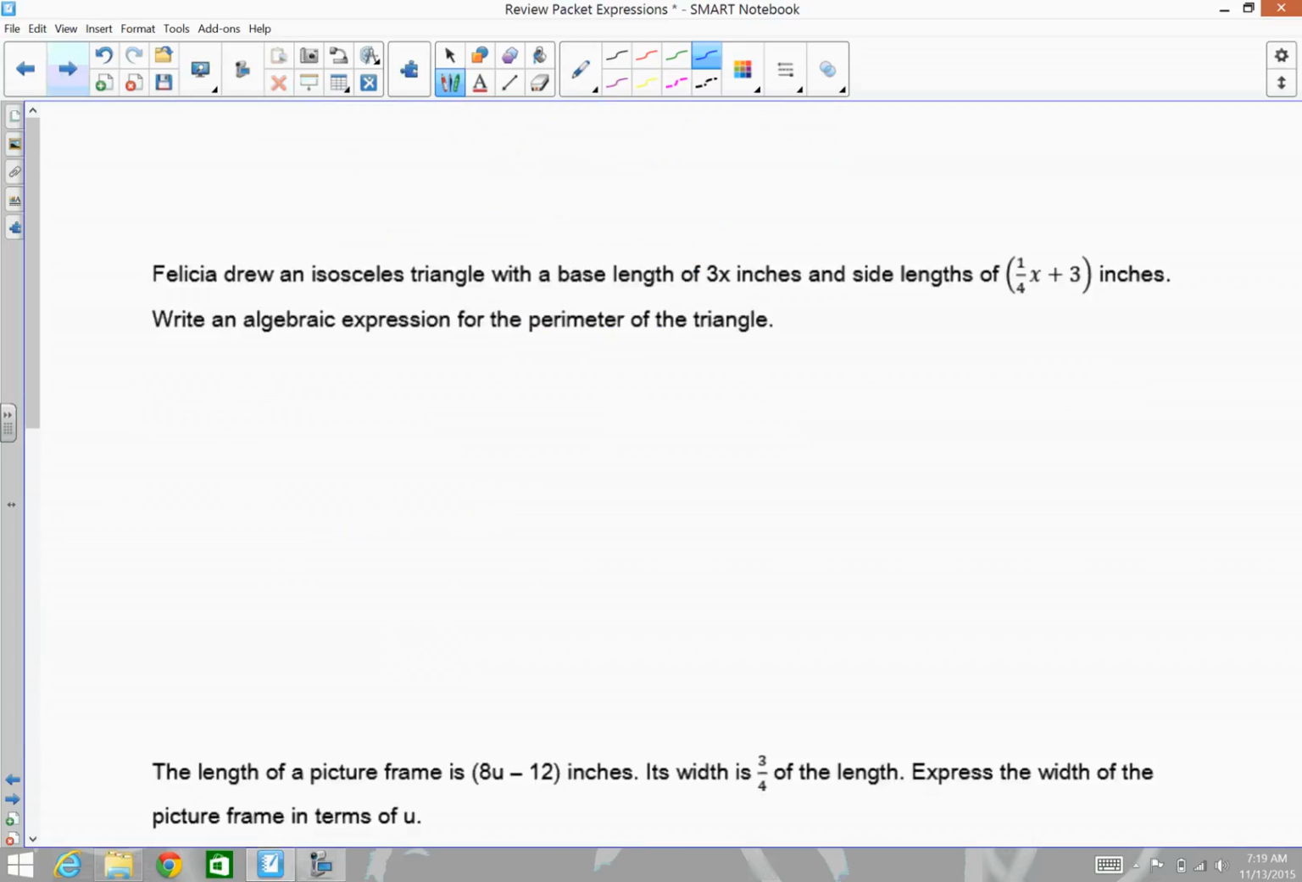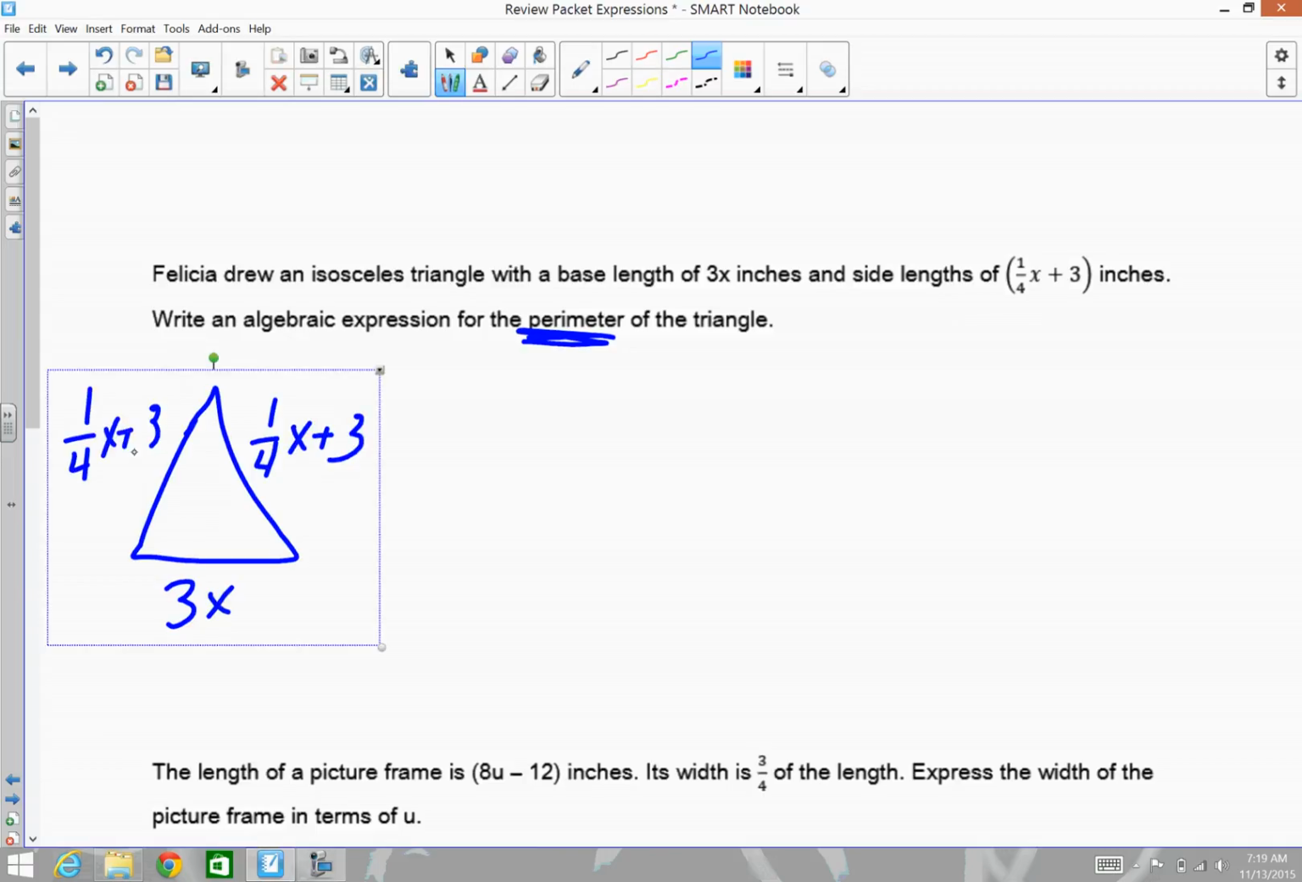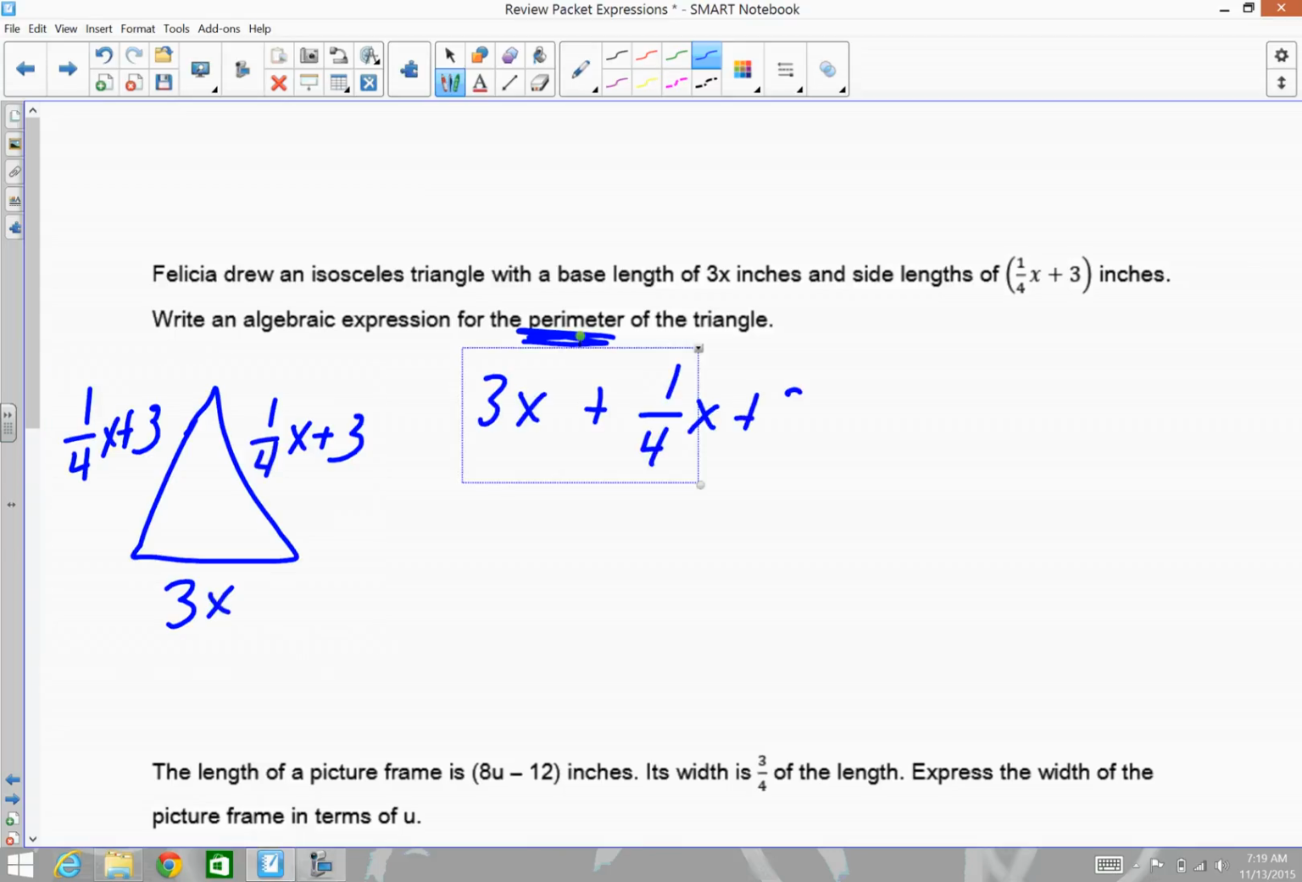On the next page, okay, we are finding perimeter, okay, which means you add up all the sides. So we have a triangle where the base is 3x, and each side is 1/4 x plus 3. Do recommend drawing a picture, it does help. And then we're just going to combine 3x plus 1/4 x plus 3 plus 1/4 x plus 3. In order to combine our x's,